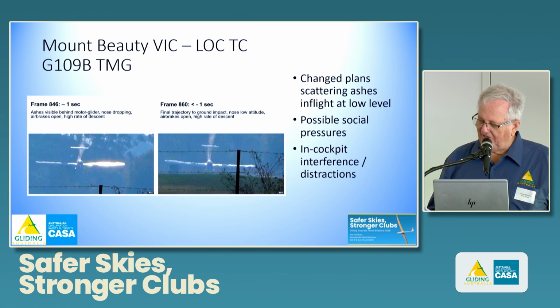And at very low level at the far end of the runway, the horrified crowd saw the touring motor glider lose control, abruptly nose down into the undershoot area with a cloud of ashes coming out of the back of the aircraft. The ashes scattering mechanism was a piece of rectangular conduit with a plunger. So, yes, there was a loss of control and terrain collision.